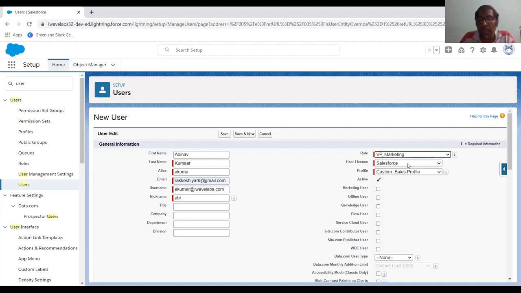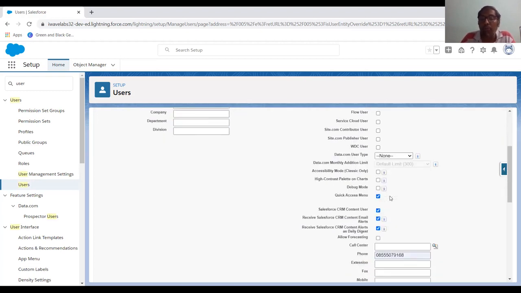So I've given a Salesforce license. Actually, how many Salesforce licenses are there? There are 2 licenses. One is assigned to me, the other one is assigned to him. A Salesforce license gives you all access; you can grant access to others, you have access to everything. Already one is booked, the other one is also booked. After you create a third one, he will not get a Salesforce license. Then you have to use a Salesforce Platform license. Accordingly, his profile will be created, and roles will be selected from the pick list.